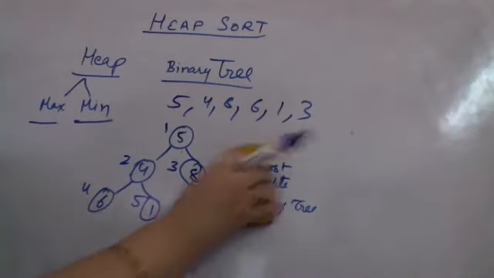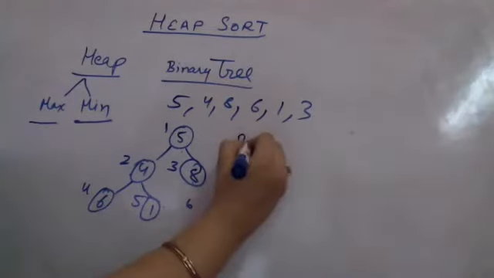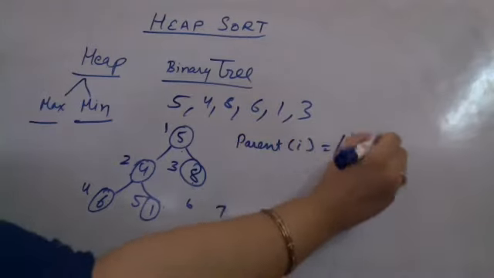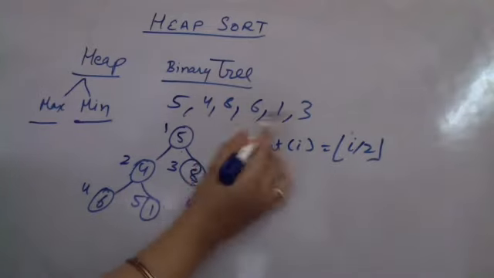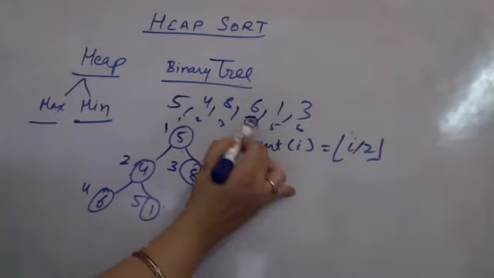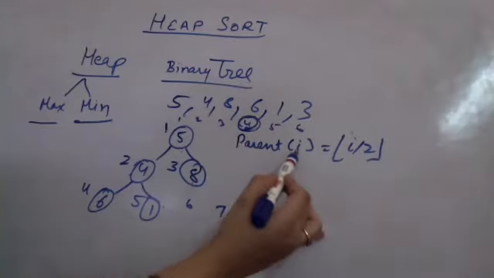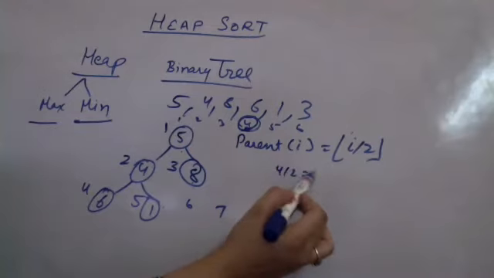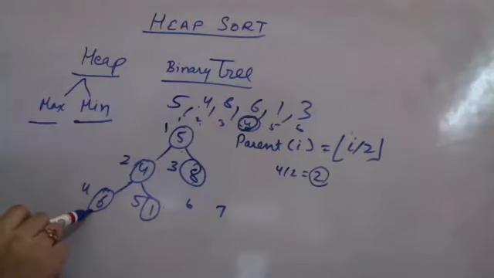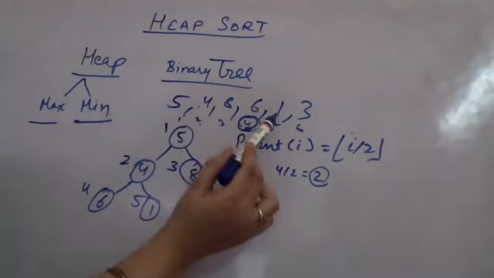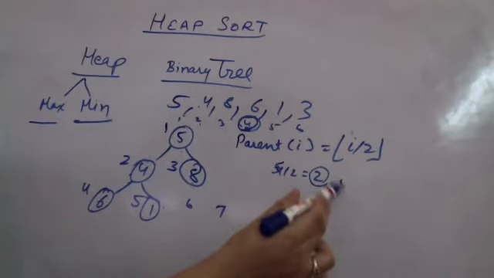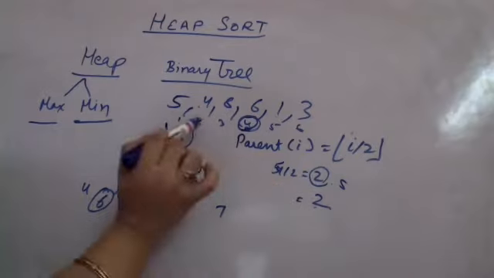इस numbering से what are we getting is parent of any node I is the floor value of I by 2. For example, this is the list. मुझे parent of 6 निकालना है. This is 1, 2, 3, 4, 5, 6. I4 का parent निकालना है मुझे. अगर I4 है तो 4 by 2 is equal to 2 will be the parent. 2 पे 4 है, 4 will be the parent of 6. मुझे 1 का parent निकालना है. Supposedly 1 is 5. 5 by 2 is 2.5. Floor value is 2. That means again 1 का parent 4 है.